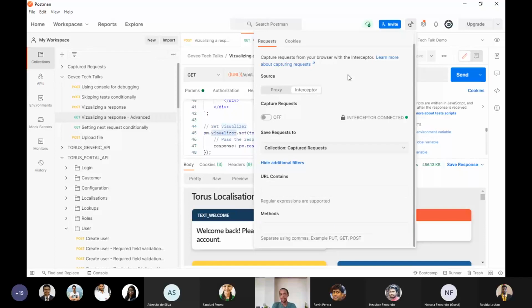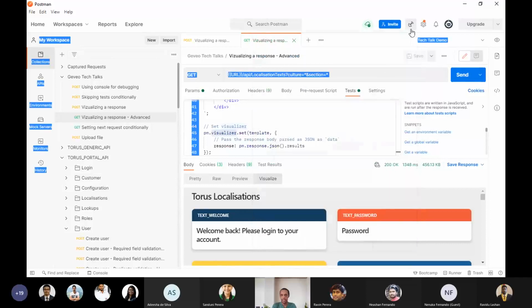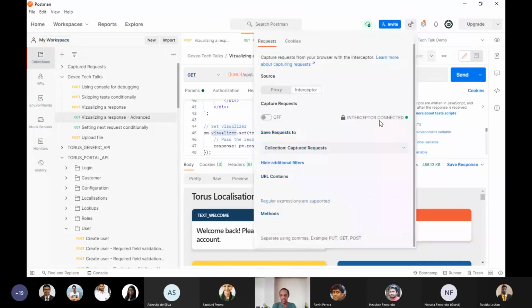First, you need to install the Google Chrome extension, which is known as the Postman Interceptor. Once you have installed that and made the connection successful, you can see the interceptor connected message here. If you set this capture requests to on, and if I want to save the requests to